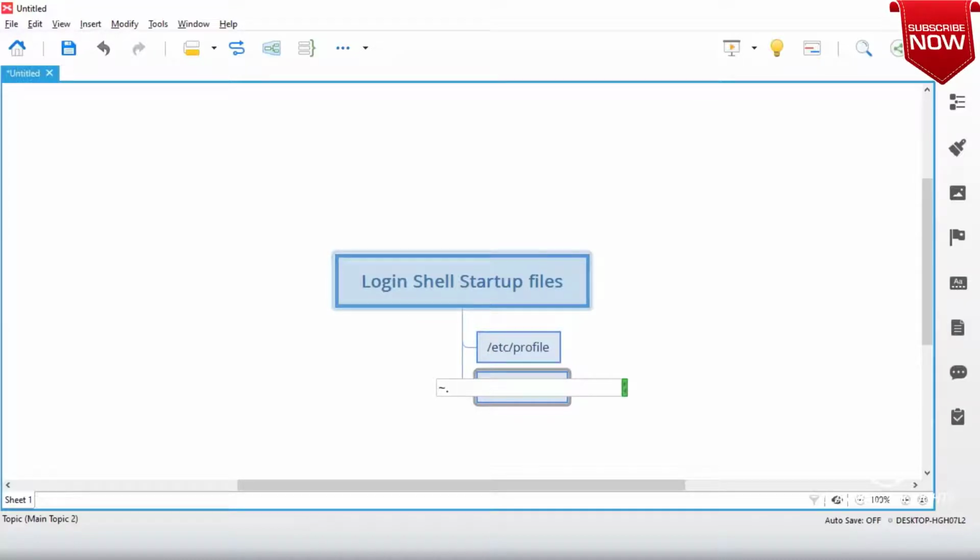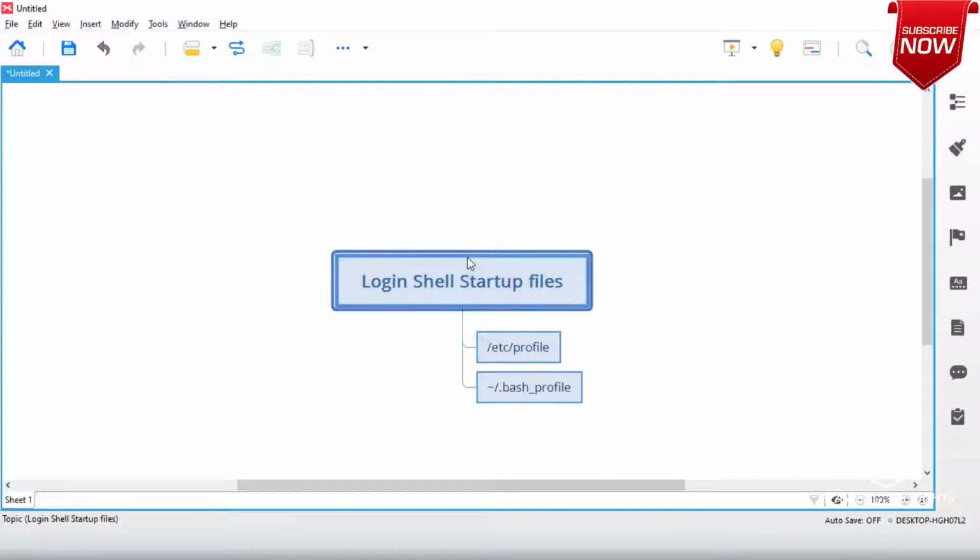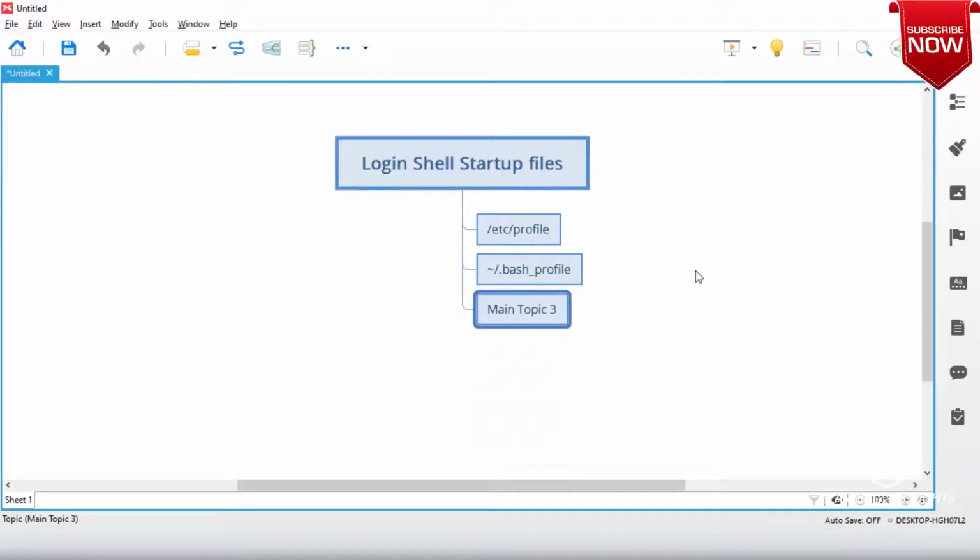/etc/profile. And then the next file that gets loaded is, in your home directory there will be a file called .bash_profile. So if any file name starts with dot, what does that mean? Dot means it is hidden, not root.